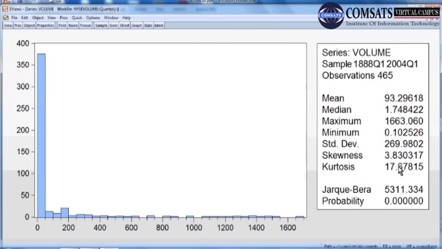The kurtosis is calculated, which actually indicates the thickness of the normal curve, the normal histogram. And the other thing, skewness, is also there. And the Jarque-Bera test, which is the chi-square test, tests the shape of the normal curve.